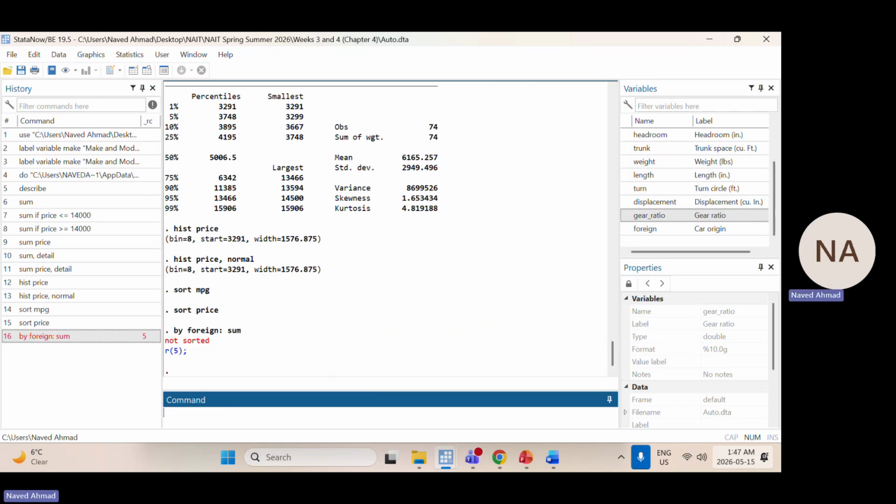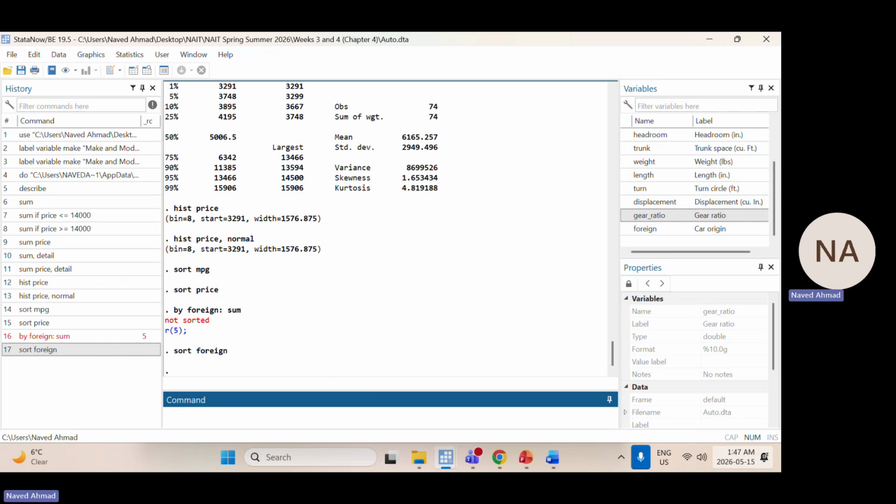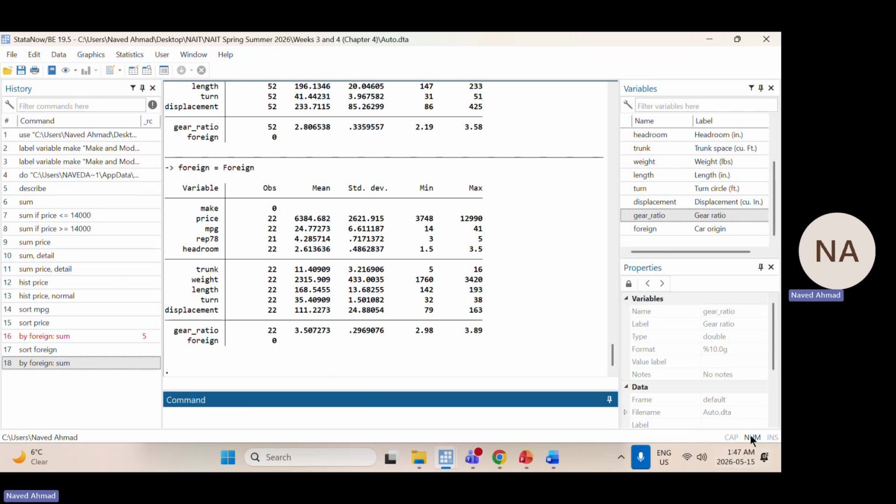Okay. So first I sort data according to foreign. Okay. And then by foreign, colon, summarize. So now you can see that you have the data for